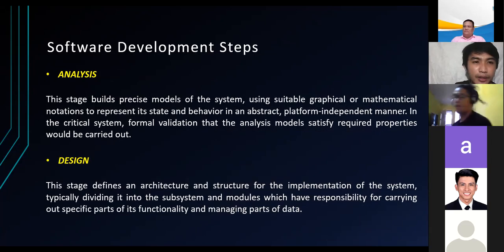Okay, so let's proceed with the analysis. This stage builds precise models of the system, using suitable graphical or mathematical notations to represent its state and behavior in an abstract, platform-independent manner. In a critical system, formal validation that the analysis models satisfy required properties would be carried out. So doon sa analysis steps natin,